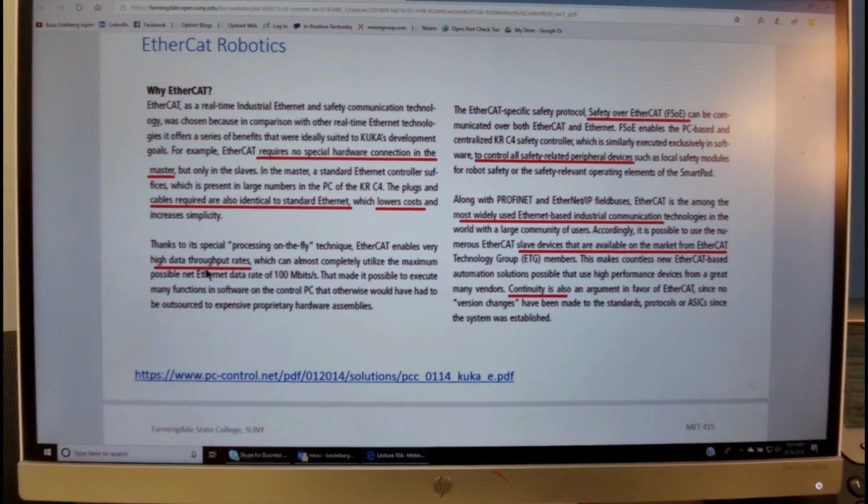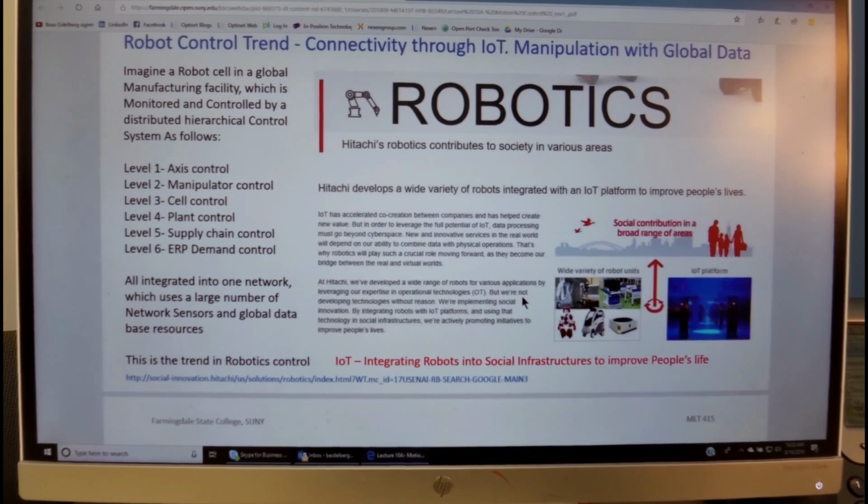There's a high data throughput rate. There are safety protocols which are provided with it, and the safety protocols are also related to the peripheral equipment, and it is widely used in industry, and several other slave devices are available through the EtherCAT, and there is a continuity to continuously develop the EtherCAT.